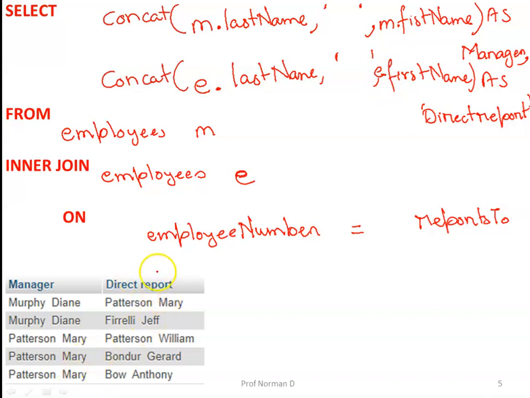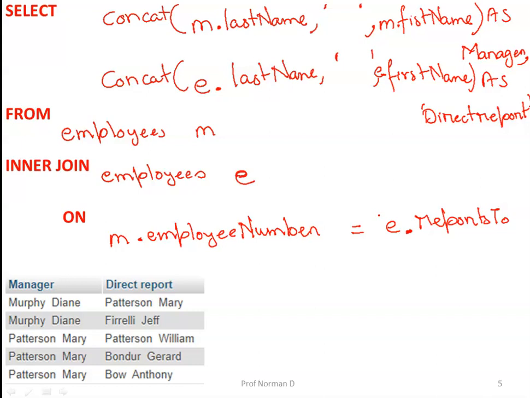Similarly, in the join condition, employee number you are picking up from table M, and reports to you are picking up from table E. So what it will do is pick up the first tuple from the M table and try to match if that particular employee number appears in the second table E under the column reports to.